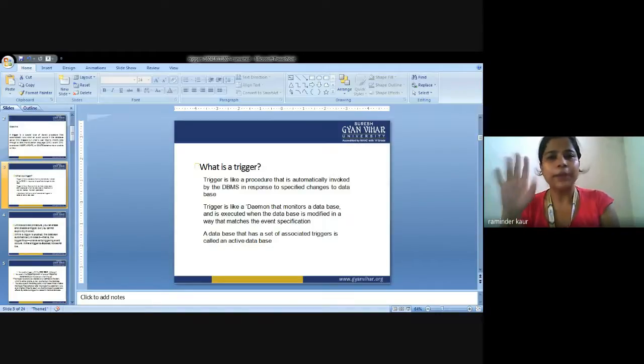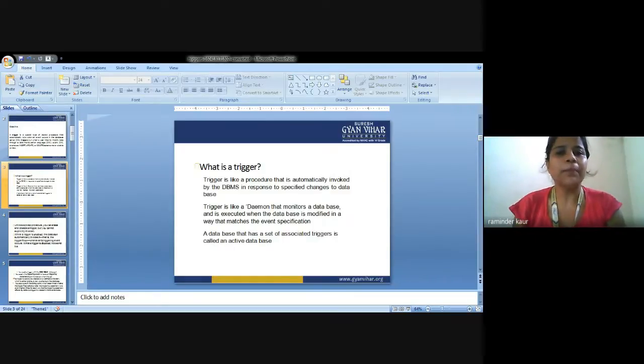So insert, update, or delete on the table allow multiple different actions to take place in response to the same modification statement. It could be insert, it could be update, or it could be delete. So next main point is constraints can communicate about errors only. Constraints, that is restrictions, can communicate about errors, but through standardized system error messages. There could be some standard that could be followed for error messages. So they have to follow the same in order to handle the same.